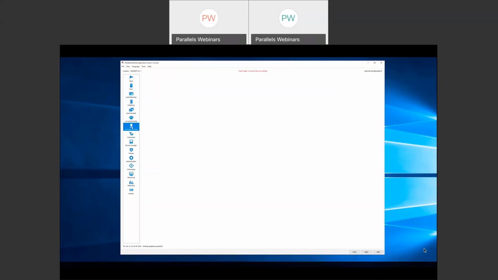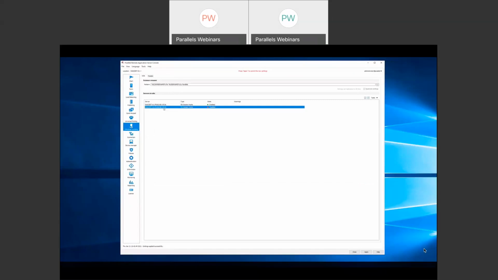Universal scanning also works right out of the box. It almost works like printing, except for a couple of little differences. We do support WIA and Twain. WIA is typically disabled, so I'd have to right-click and enable it on the server. The reason it's disabled is it requires the desktop experience and a sub-feature under that, the Microsoft